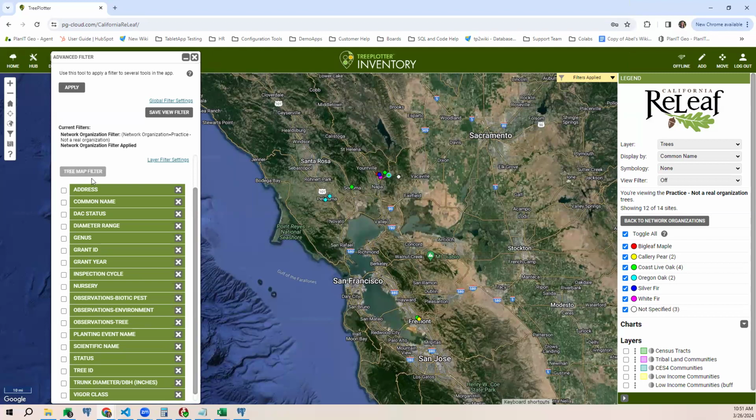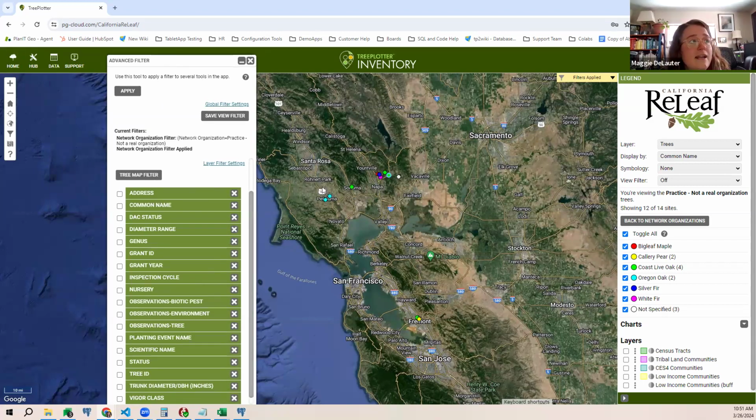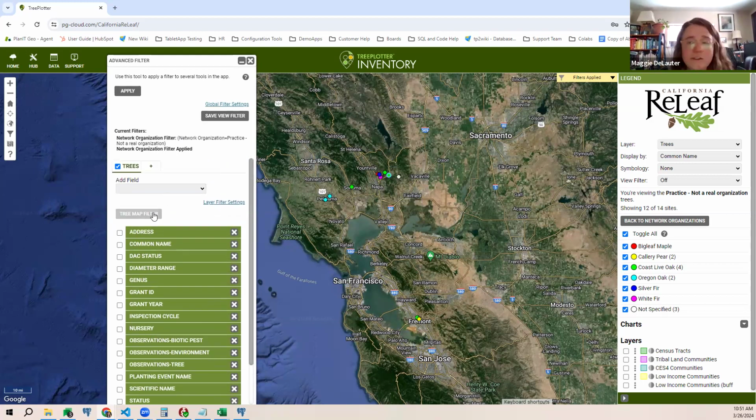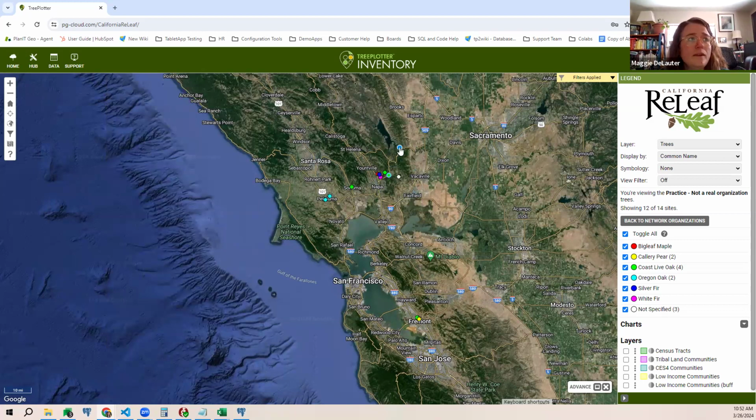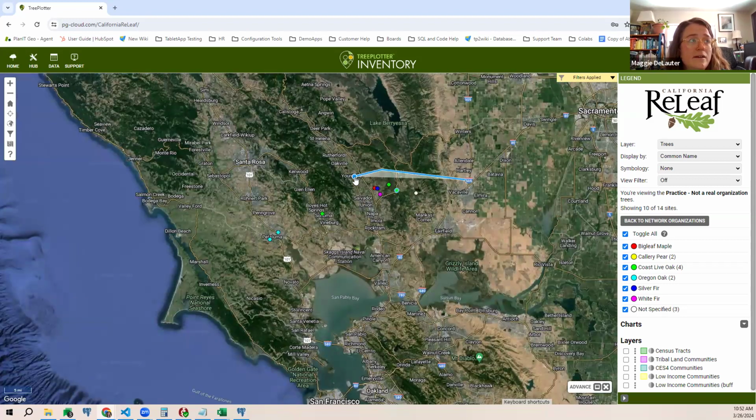If I would like to set a filter for just my Napa trees, I can easily do that. And the way that I would do that is by clicking on this button that says Tree Map Filter. So what this button allows you to do is if I click on it, the filter minimizes and I no longer see the filter. And now I have this funky blue dot next to my cursor. And what this allows me to do is click in a specific area and set a filter